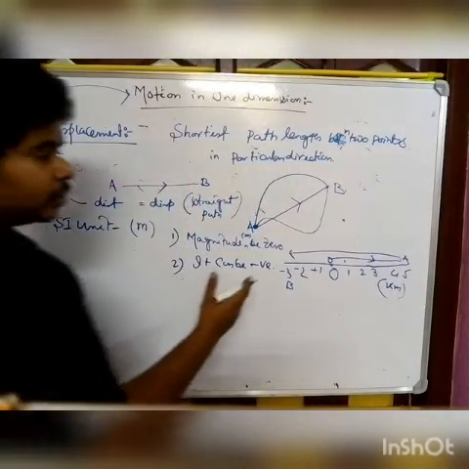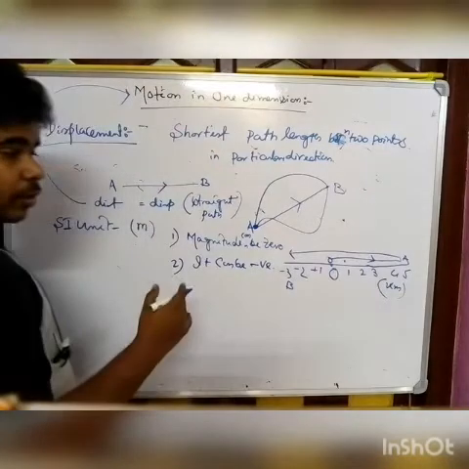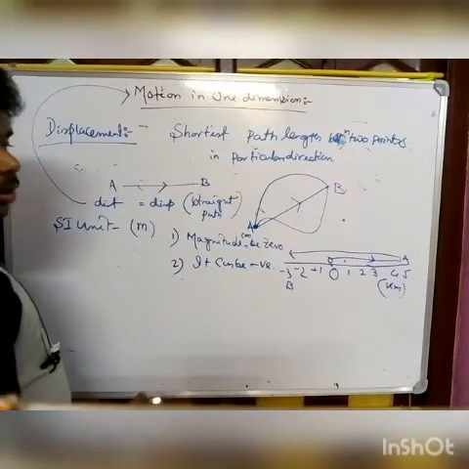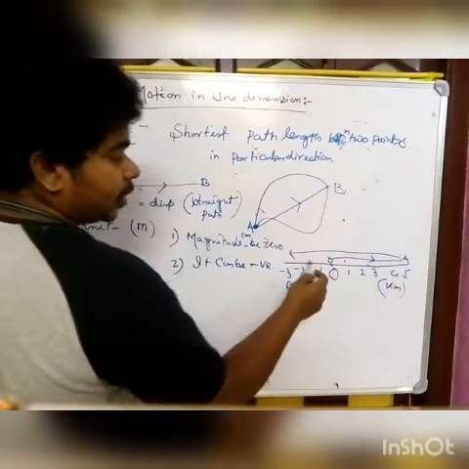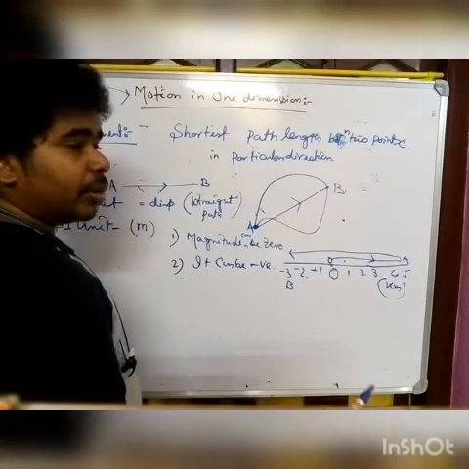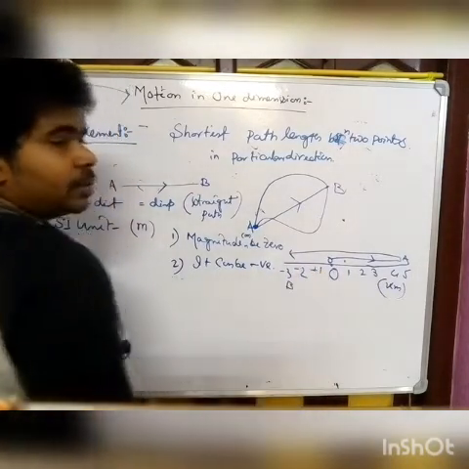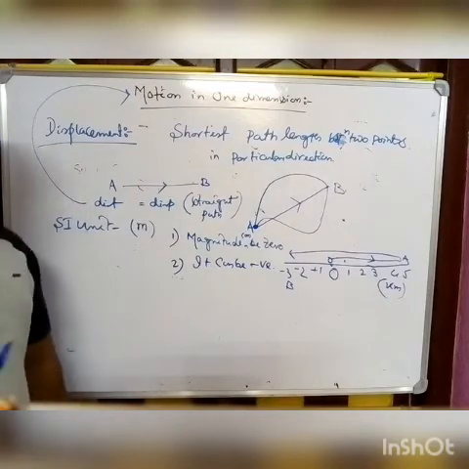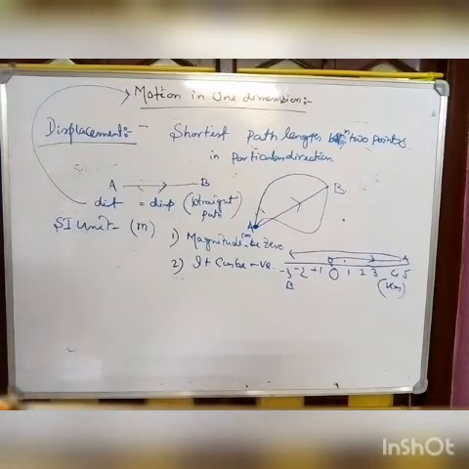So the person who has gone from 0 to 5, meaning 5 kilometers here, and from 5 he has returned here, so again 5 kilometers means 10, and in this 13. Okay, so total distance will be 13. Why? Because here we just want to measure the total path length. But if I am talking about the displacement,